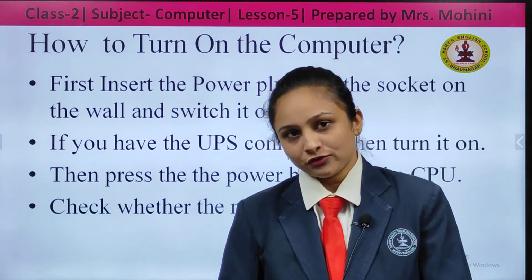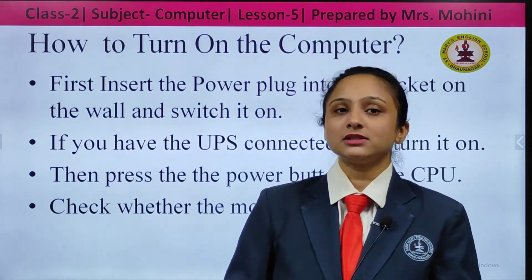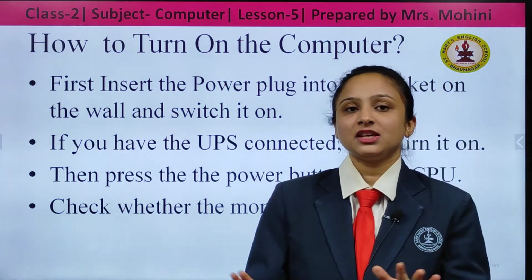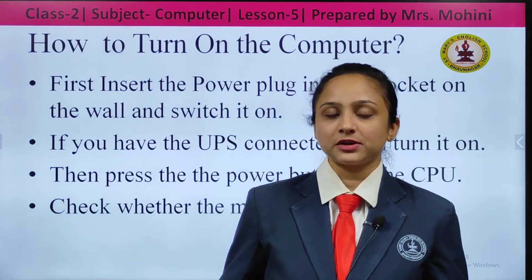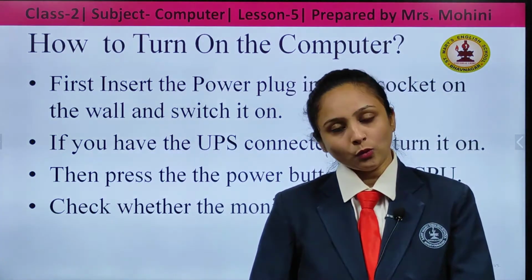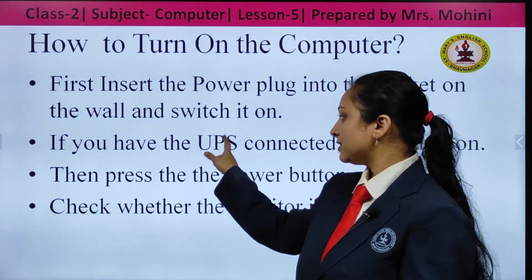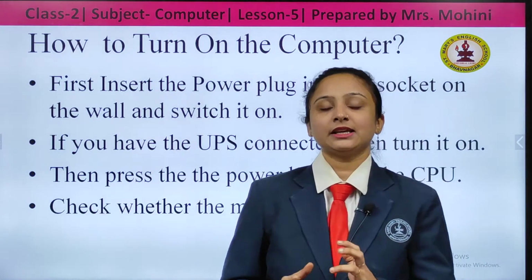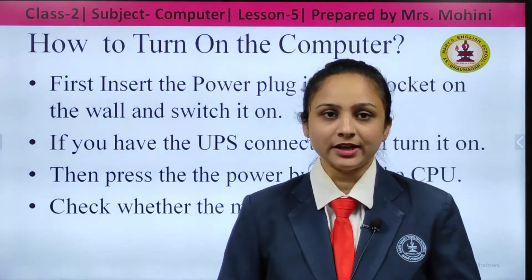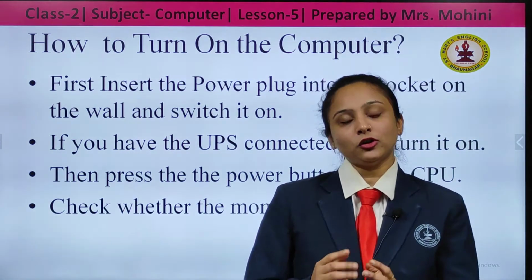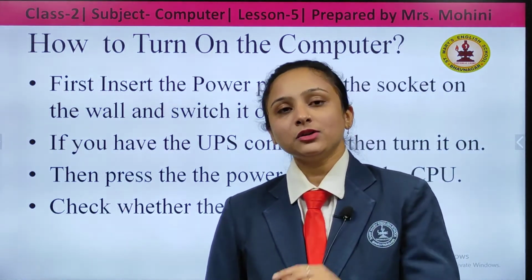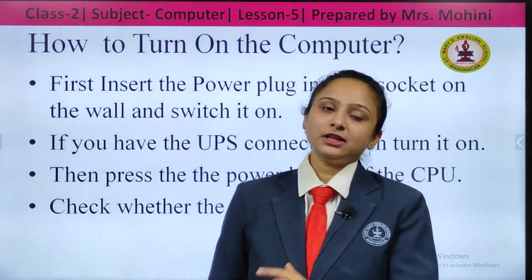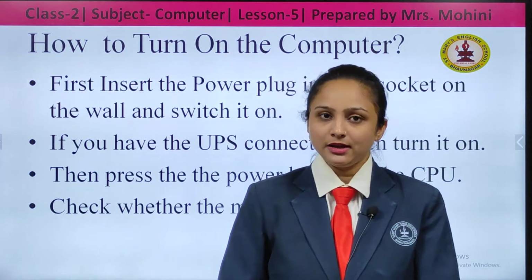Sometimes there is a power cut, children. We are working on a computer and there is a power cut. So what will happen? The lights, fans, everything will be switched off automatically because there is no electricity and the electronic devices are not going to work. At that time, if the computer is attached to a UPS, it will give you a little time, about 20 seconds, to store your data. After the power cut, your computer will stay as it is, but whatever you are working on, you have to save it. For that time, you can save the data before the computer shuts down.